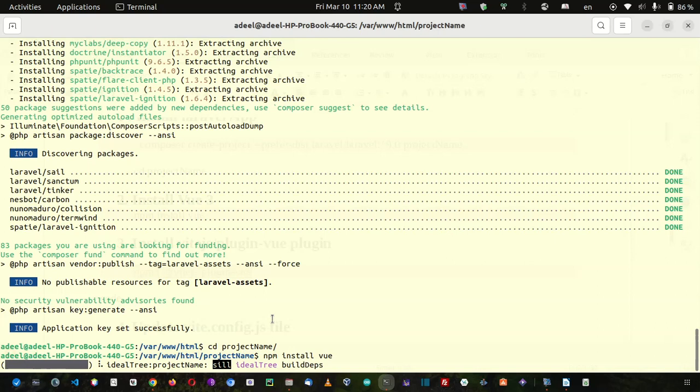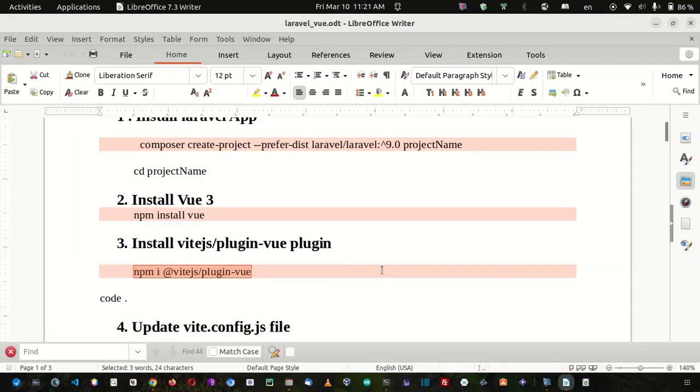Composer we will use to install the back end Laravel packages, and for the front end we will use Node, which will also install npm, which I will use to install Vue. Okay, when this installs,